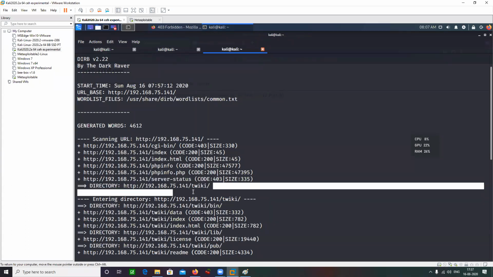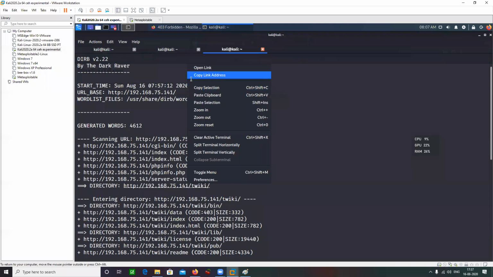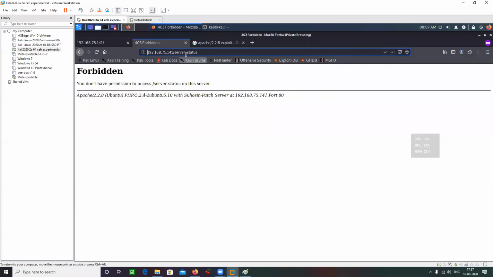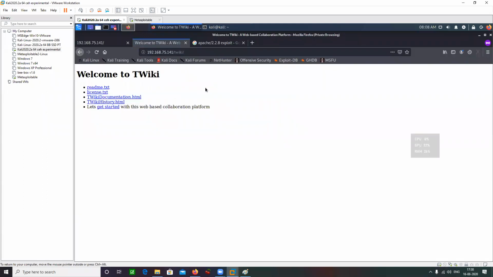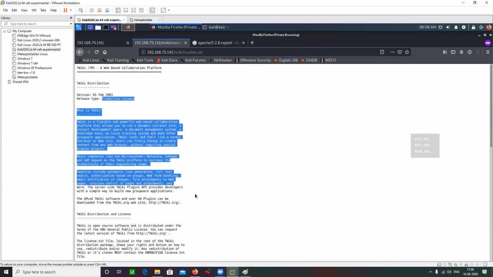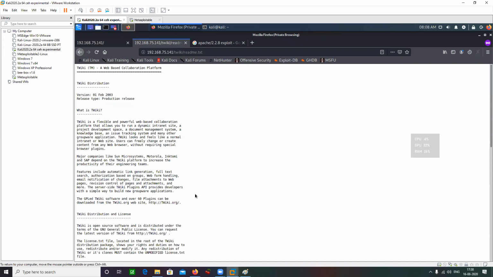That is Twiki. Let me try to visit this one. It opens readme.txt. Some kind of an installation is here. Yes, it is going to alarm the target if logs are made, that somebody is trying to do a directory brute forcing.